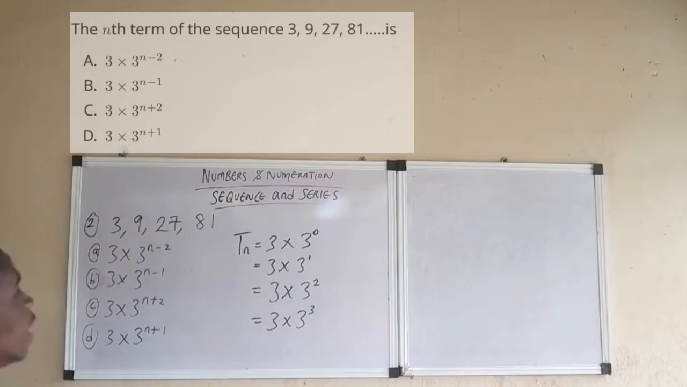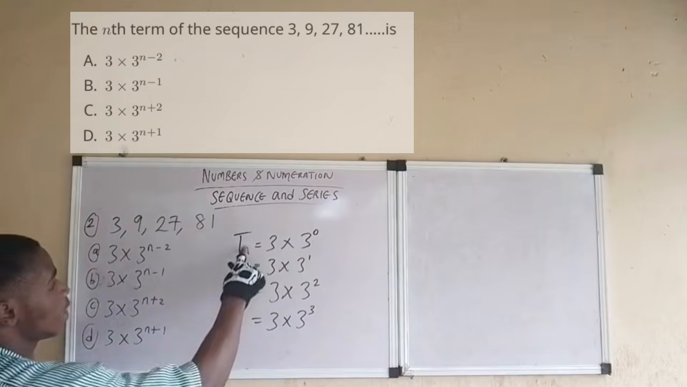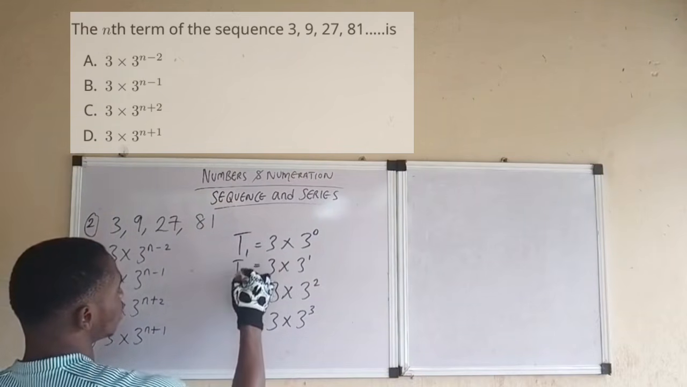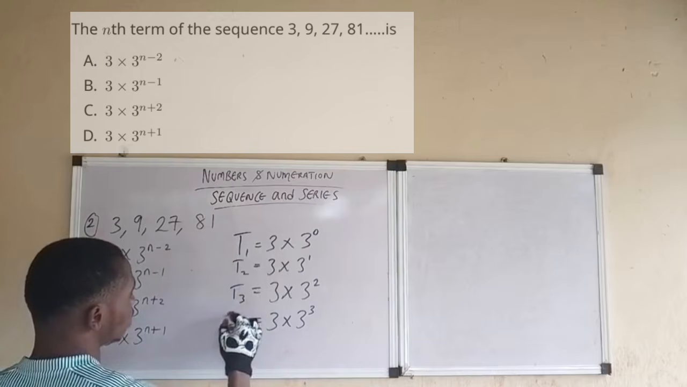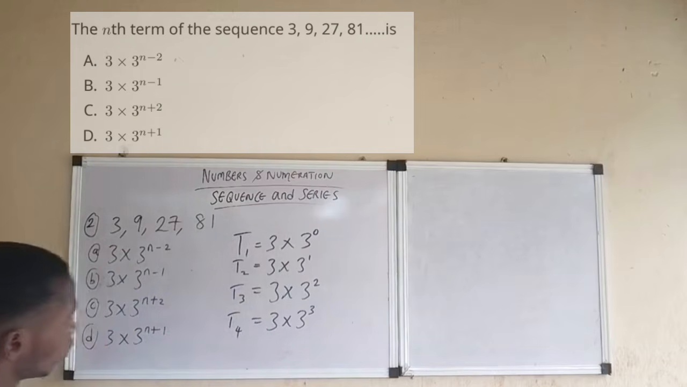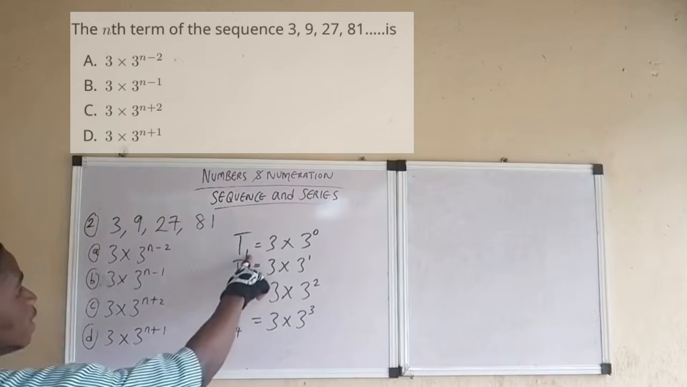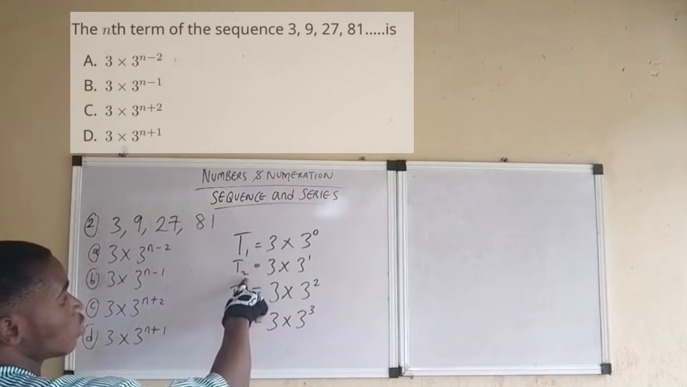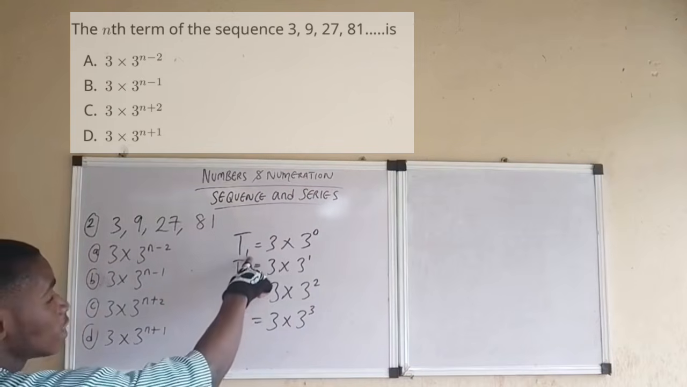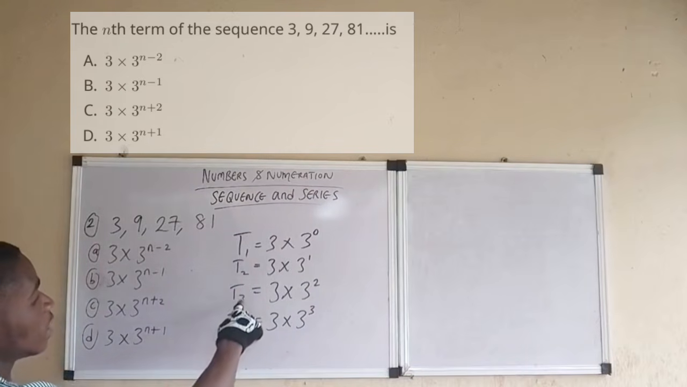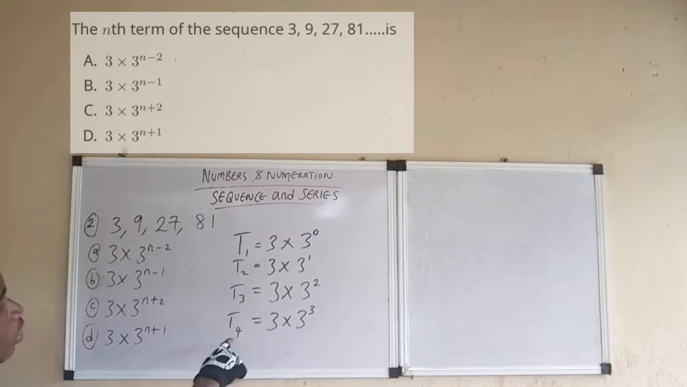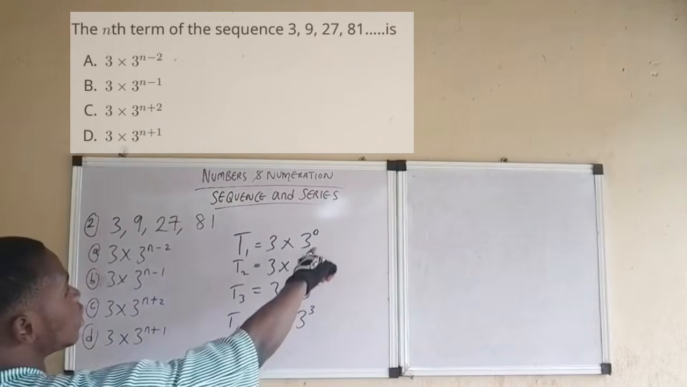All right. Now, here, this is T1. Okay, this is T2, this is T3, this is T4. Do you understand? So, in this case, n is equal to 0. In this case, n is equal to 1. In this case, n is equal to 2. In this case, n is equal to 3. In this case, n is equal to 4. All right? Now, normally, if we are going to put n here,